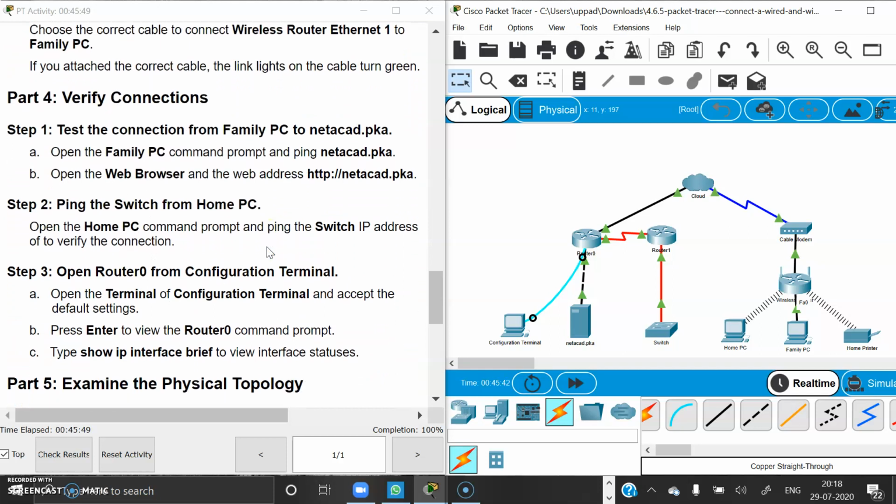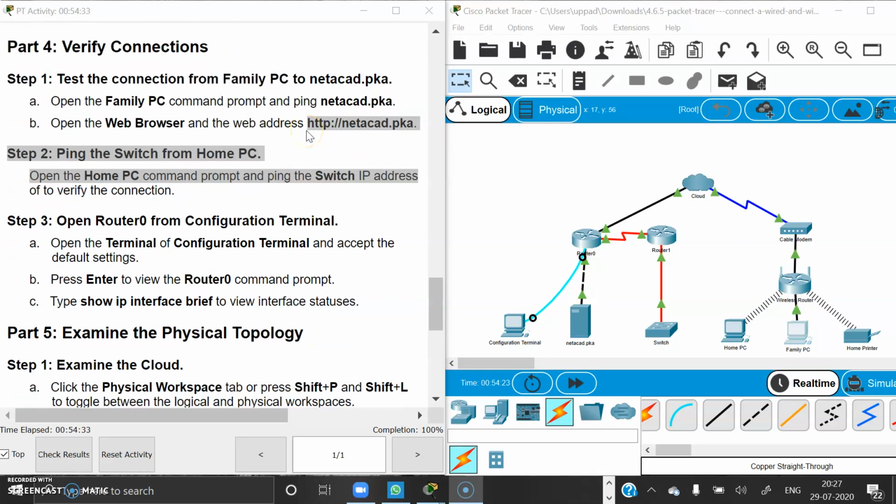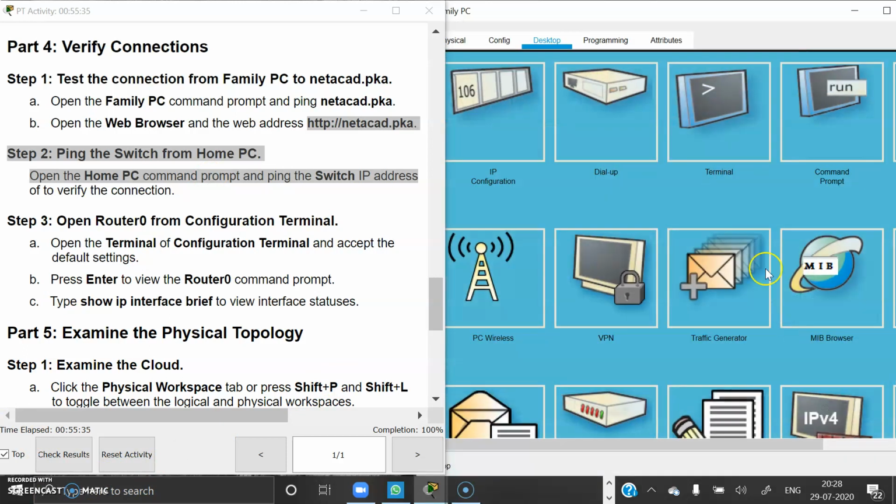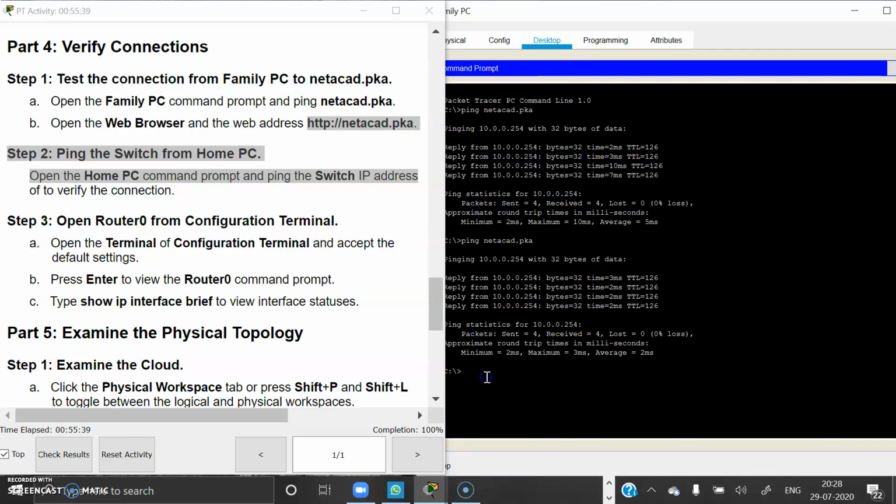Now we have to verify the connections. Step 1 is to test the connection from family PC to netcat.pka. For that, first open the family PC, go to the command prompt and enter the command ping netcat.pka.